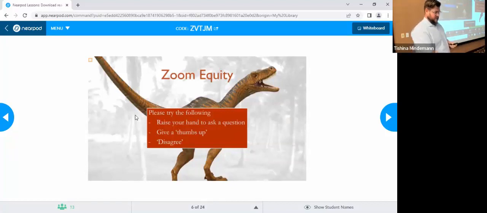Let me get to my page on this. There we go. This is a demonstration of an equity-focused move within teaching. So there's a crucial difference. I love how many of these hands I'm seeing. The crucial difference is between the clapping emoji or the thumbs up and the raise hand emoji.